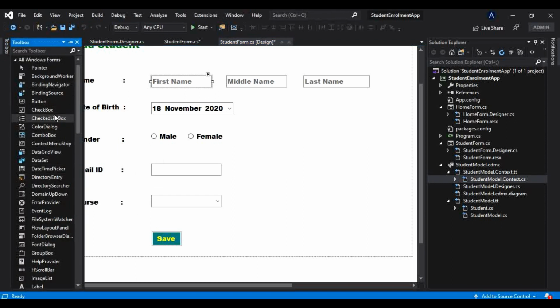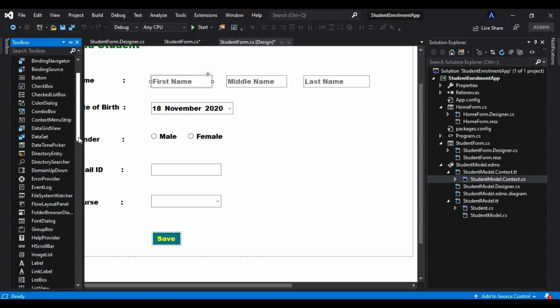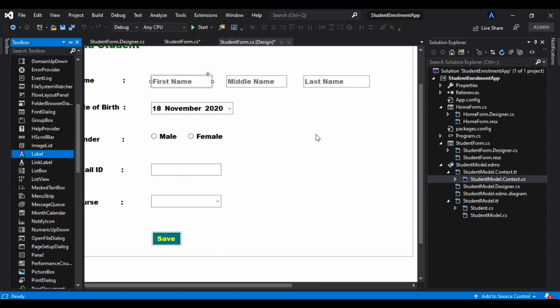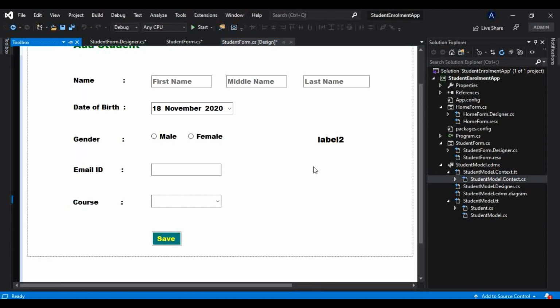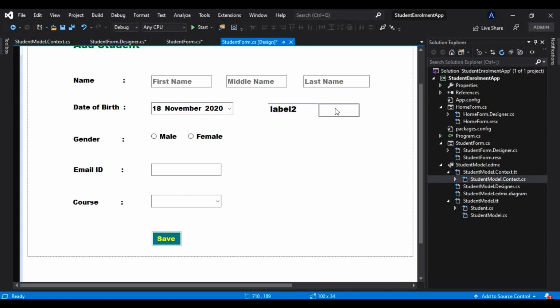We will have one label here as well as one text box, a text box and a label, and we will add them right beside this date of birth here.